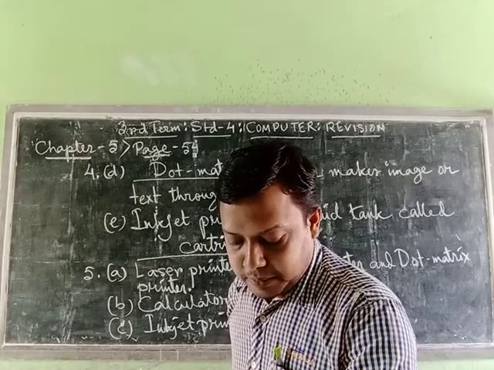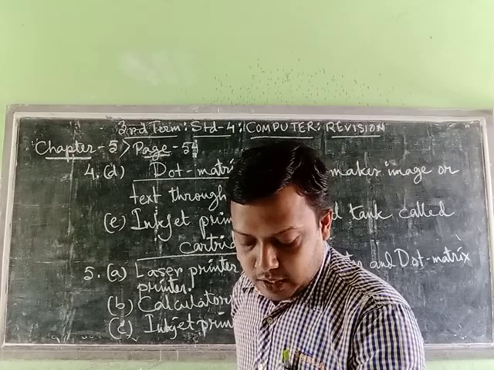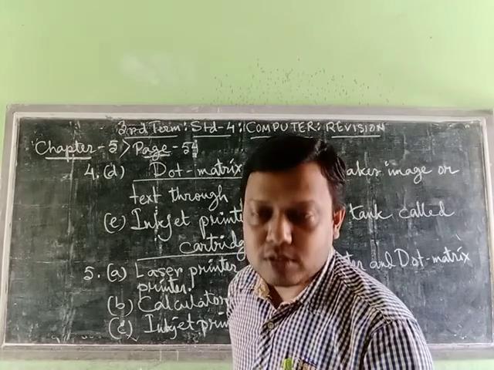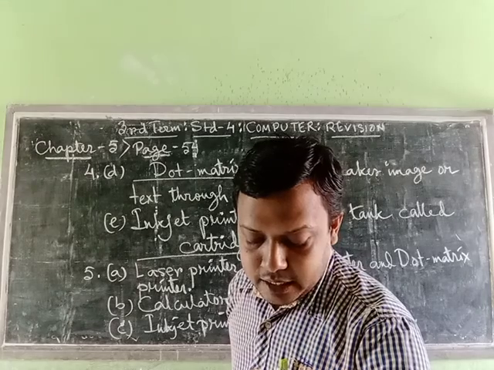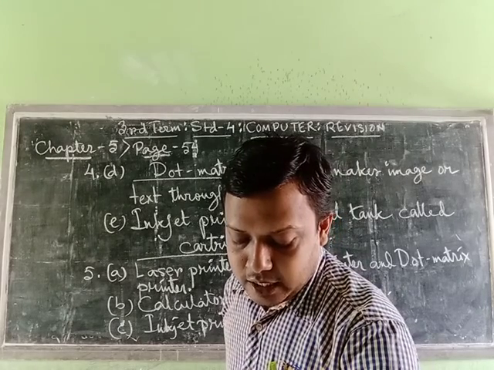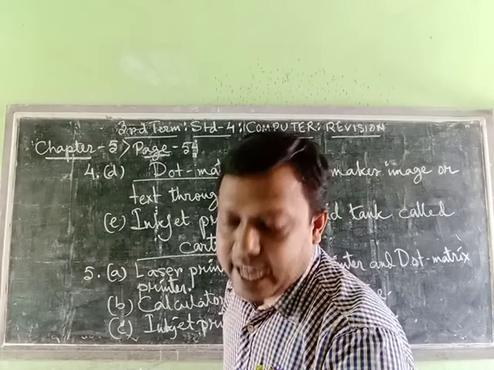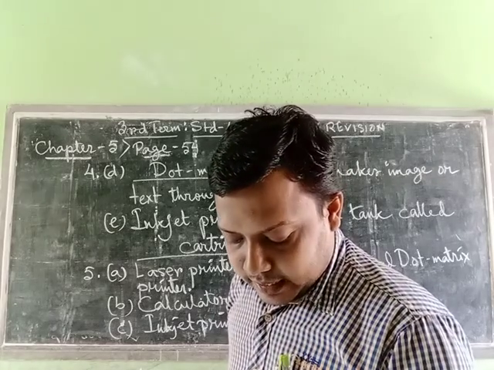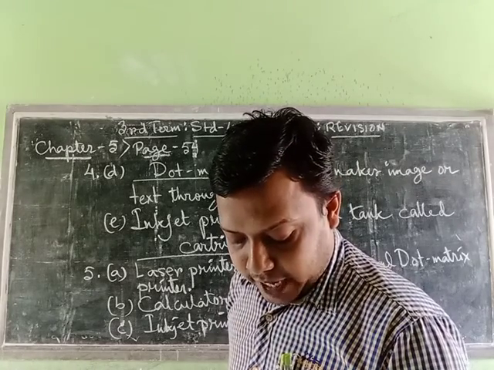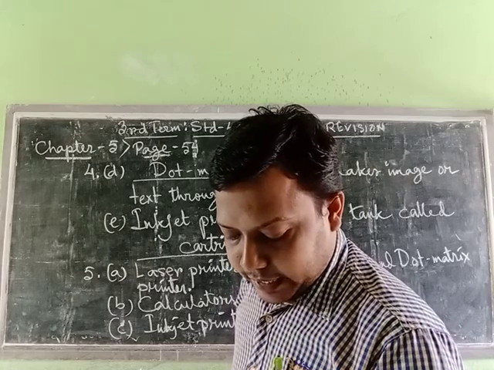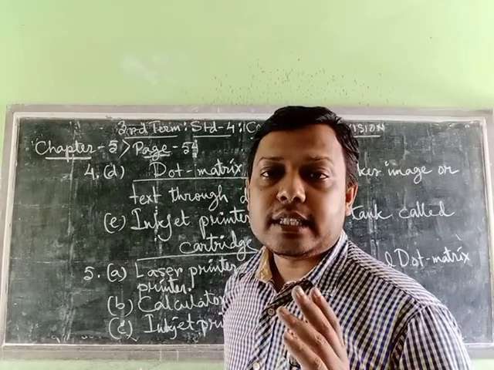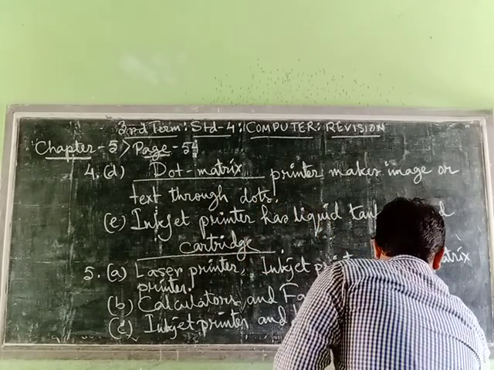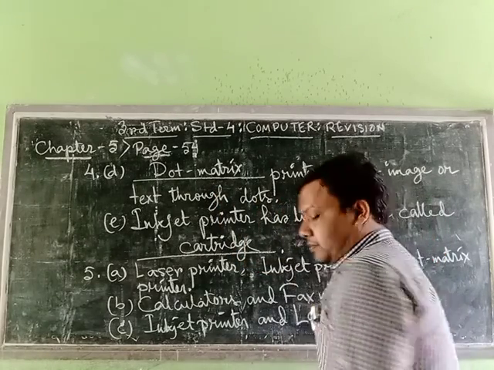Now question number C, give names of two categories of printer. We can see this question in question number 4 under C also. Most printers in use today fall into one of these dash categories, and the answer was 2. And the same question comes in question number 5C. Give names of two categories of printer, and the answer is inkjet and laser printer. So this is your CW and HW.